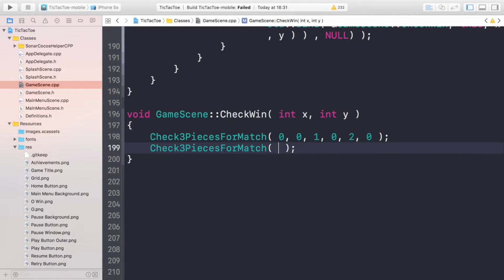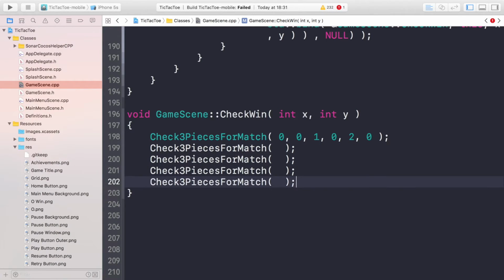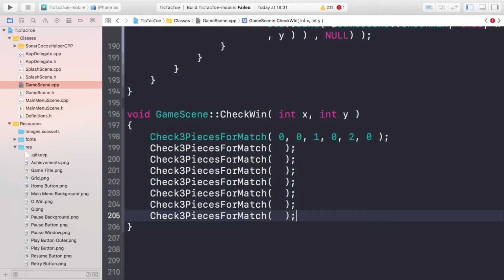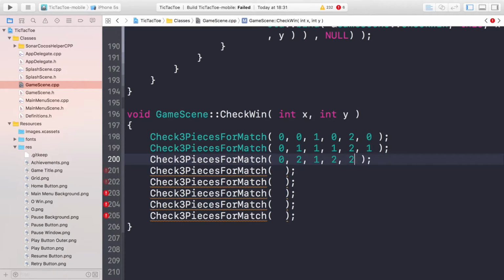What I'm going to do is copy and paste an empty method. Remember, there's 8 checks that we need to do. That's 8 of them right there. And the next one is going to be 0, 1, 1, 1, 2, 1. Then we're going to have 0, 2, 1, 2, 2, 2. We're going to have 0, 0, 1, 0, 2,